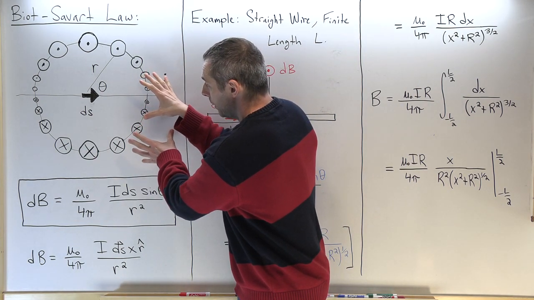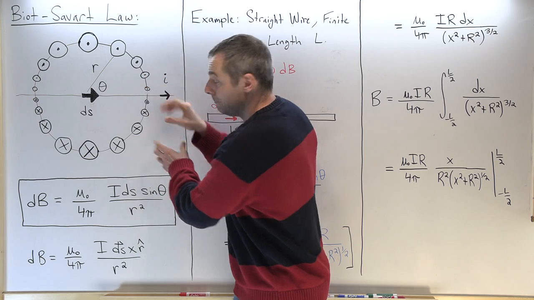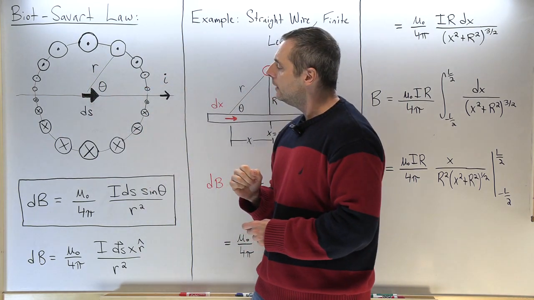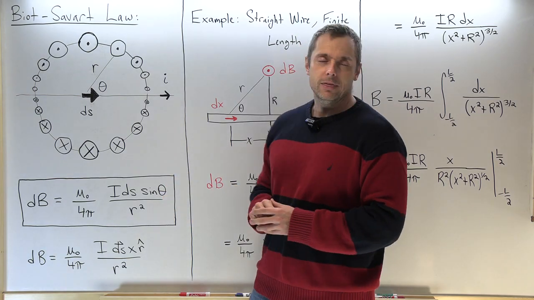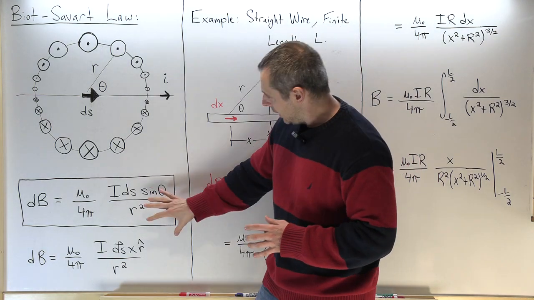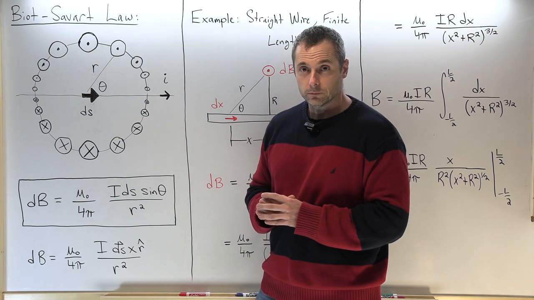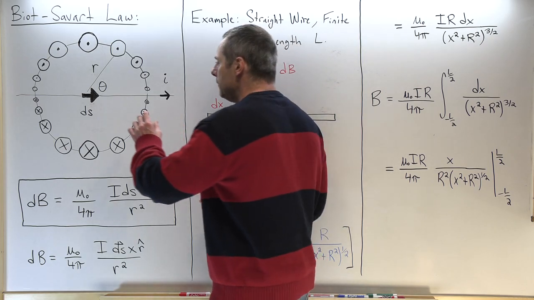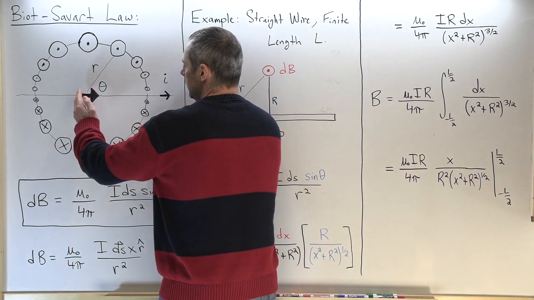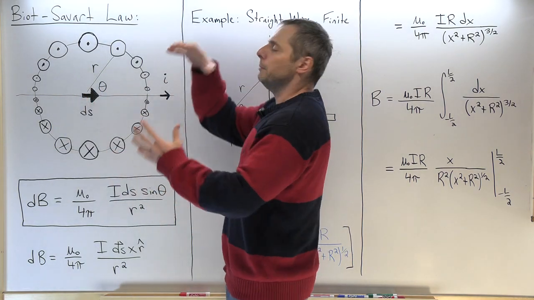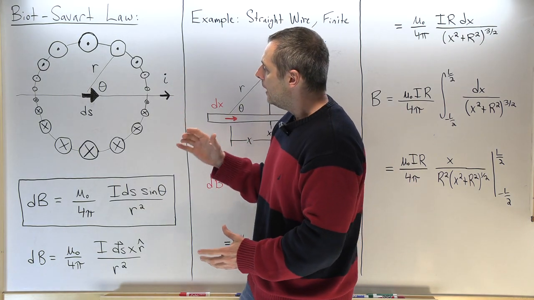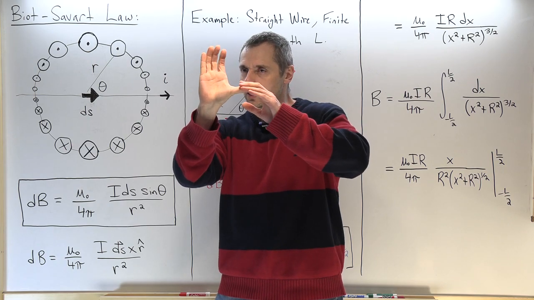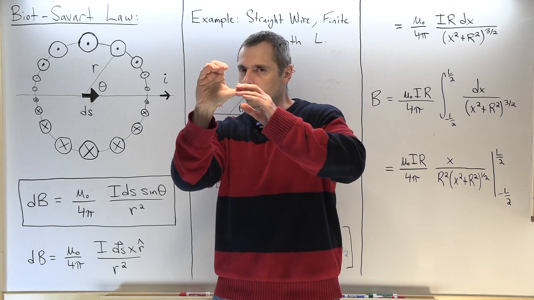This is a diagram, a graphical representation of the Biot-Savart Law, the patterns of the magnetic field around a little tiny bit of wire. And here's the mathematical expression saying the same information. So what is the pattern? If you have a little bit of current here, a little slice of wire, it creates magnetic field all around it. By this right-hand rule, thumb in the direction of the current, fingers in the direction of the swirl,